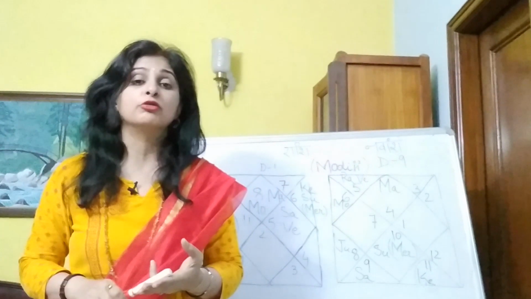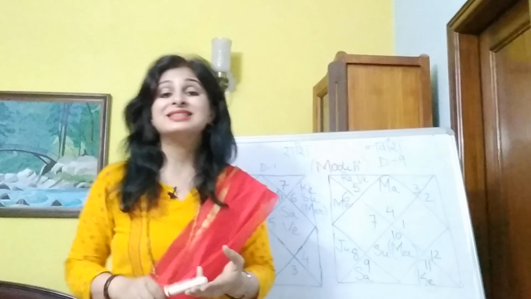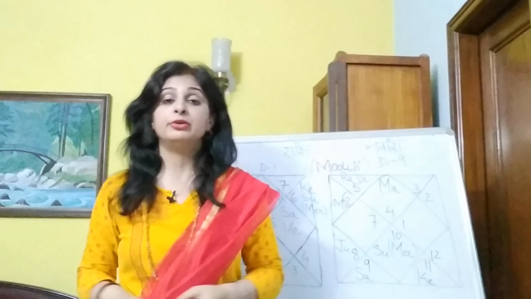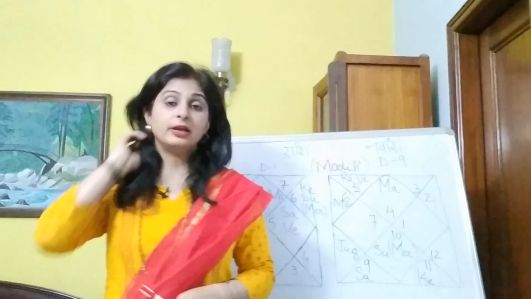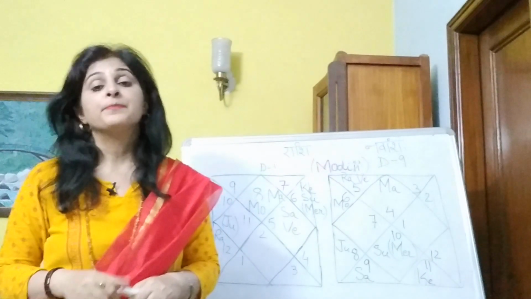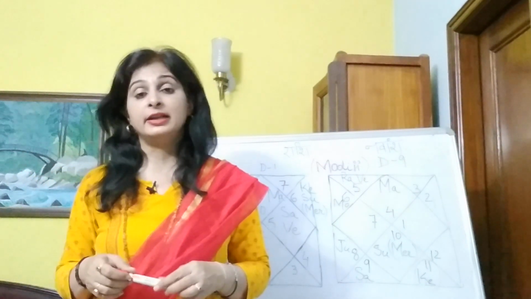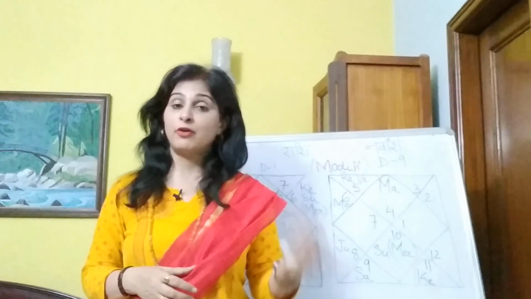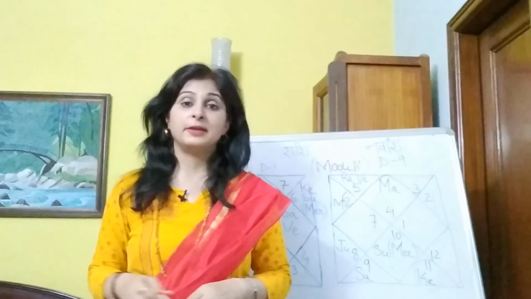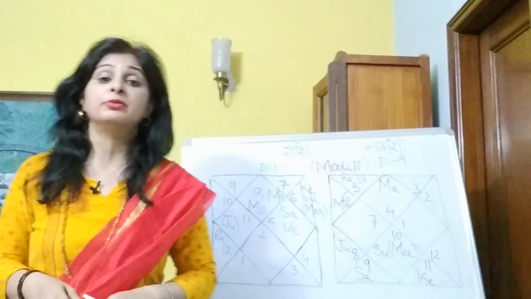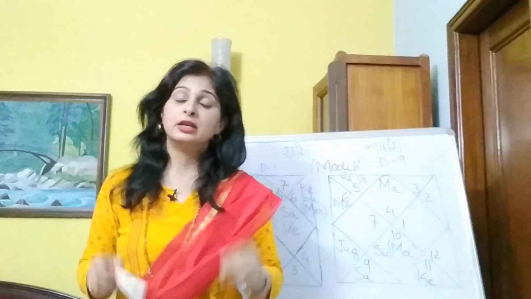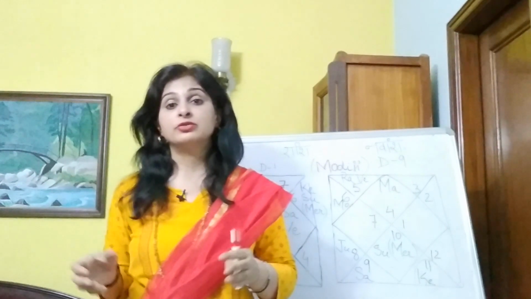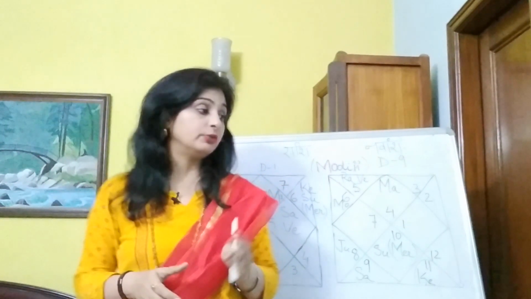If it has gone to the 6th place from itself, we say it has gone to Shashtamsha, which means 6th house related activities will come into action during that time. Now if a planet goes to the 7th place from itself, then 7th house related activities, that is Daramsha, will get activated. Partnerships, marriage related matters or foreign travels will happen during that time. If a planet goes to the 8th place from itself, we say it has gone to Nidhanamsha, which means 8th house related activities will come into action during this time.